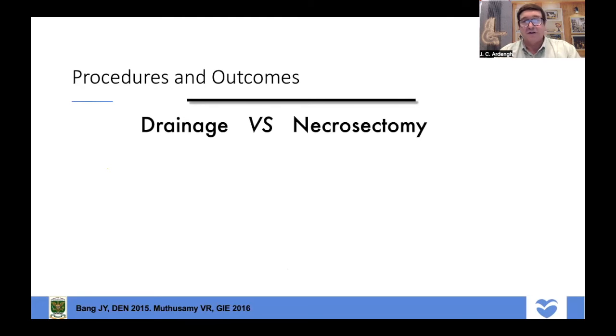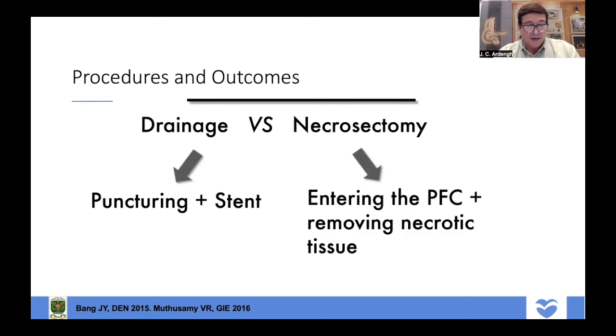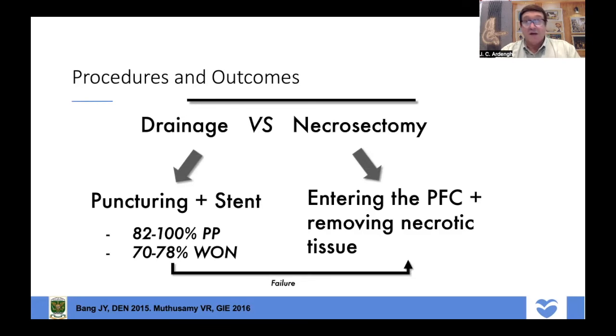between drainage and necrosectomy. Drainage is a quick procedure and includes the creation of a fistula with the implantation of a stent that can be plastic and/or metallic. Necrosectomy is more aggressive, with the creation and dilation of a fistula for the exploration of the cavity with the removal of necrotic tissue or debris, being performed in several sessions. Let's remember that drainage for walled-off necrosis will be unsuccessful in 30% of the cases with an